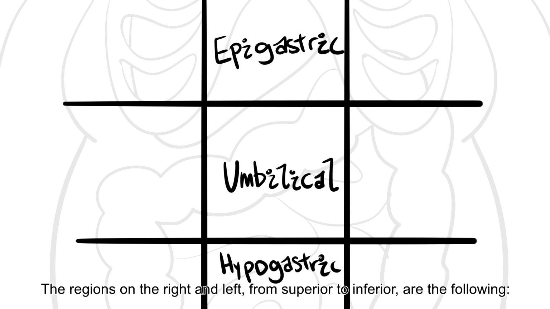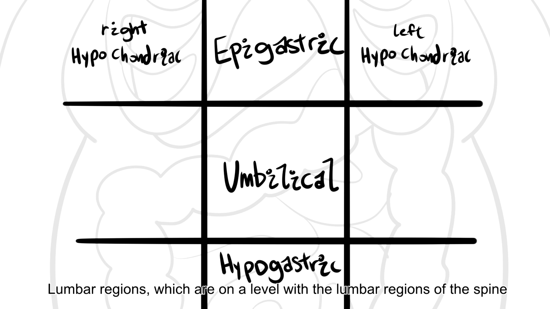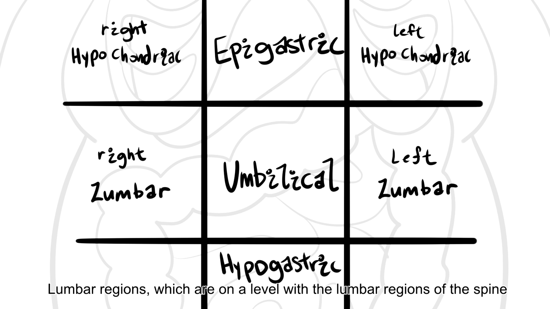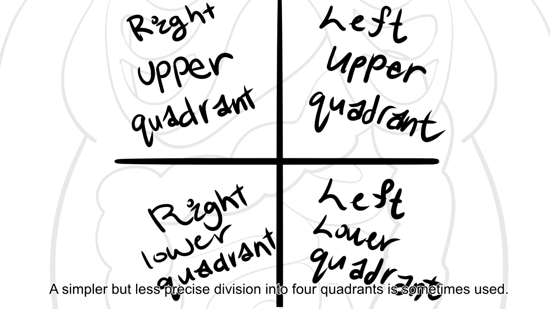The regions on the right and left, from superior to inferior, are the following. Hypochondriac regions, just inferior to the ribs. Lumbar regions, which are on a level with the lumbar regions of the spine. And iliac or inguinal regions, named for the upper crest of the hip bone and the groin region, respectively. A simpler but less precise division into 4